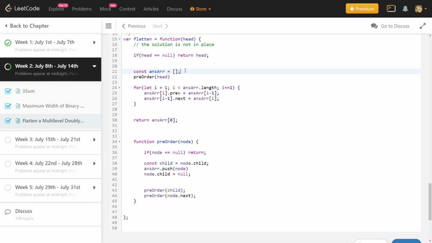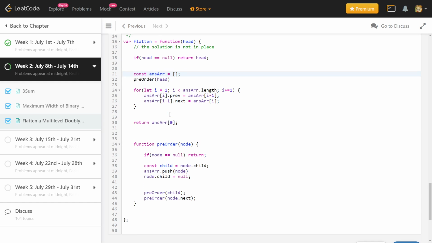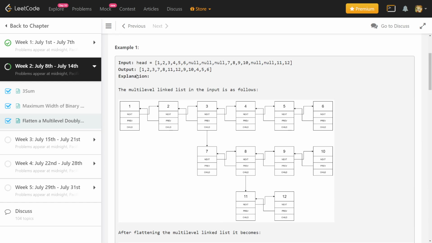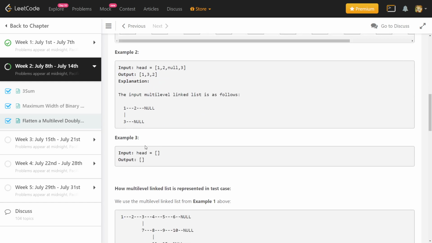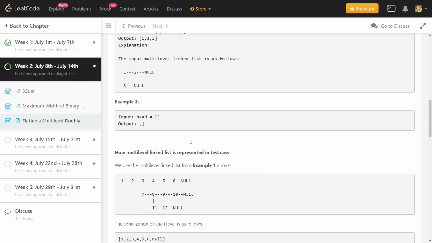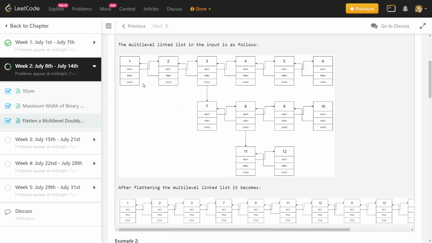Yeah, so instead of having an array itself, what you can do is, instead of having a complete array to store every integer, every node, you can have a dummy pointer which will point to what will be my next element, right? So what we can do is, while we are doing the pre-order traversal itself, you have a pointer which will move.